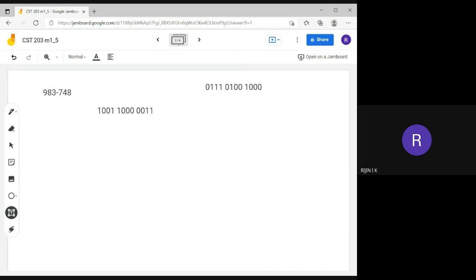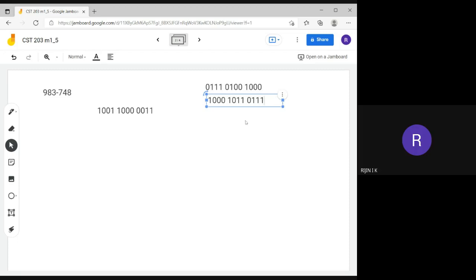So for 011, what is the 1's complement? 100. Then 0111, then 1011, then 1011, then 0111.